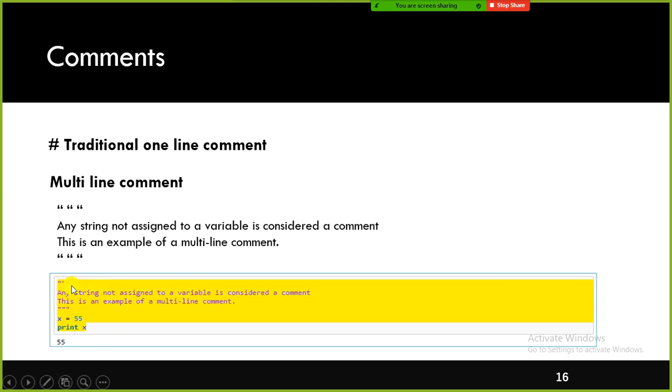Whenever it encounters the 3 quotes, it will look for another 3 quotes, the ending 3 quotes. So it will simply skip these lines and then execute the subsequent lines, because it did not find any quotes there, hence it will execute this one.